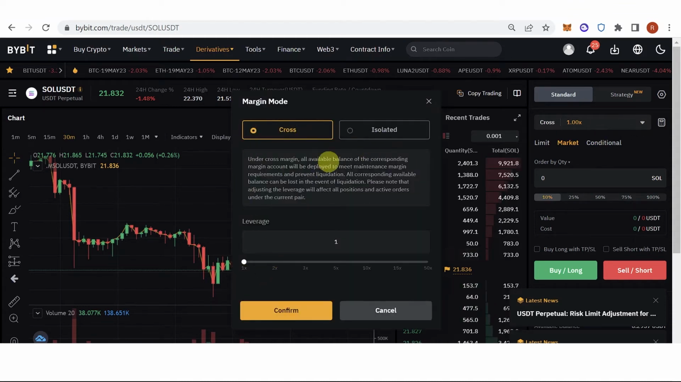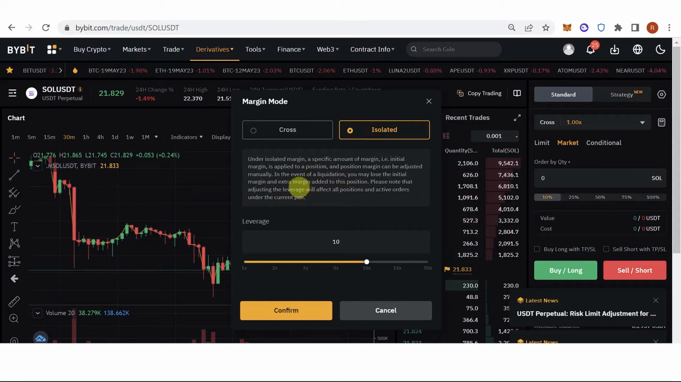You can choose cross or isolated margin mode. The only difference is that if you choose cross margin mode, all corresponding available balance can be lost in the event of liquidation, while in isolated mode, in the event of a liquidation, you may lose the initial margin and the extra margin added to this position. Then click confirm,